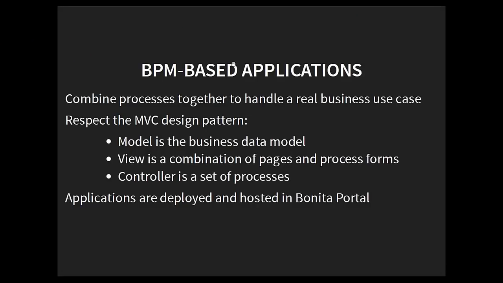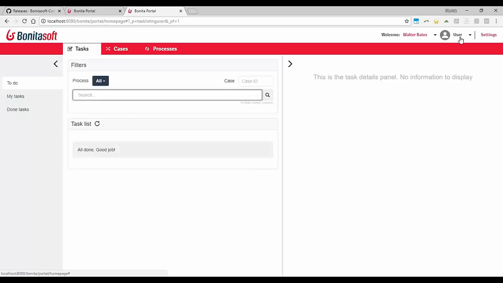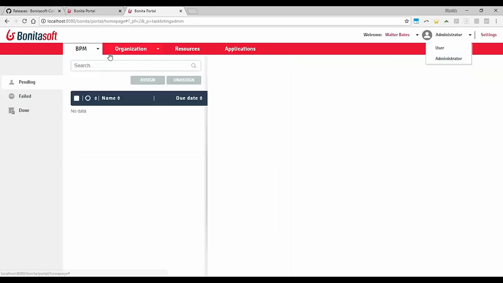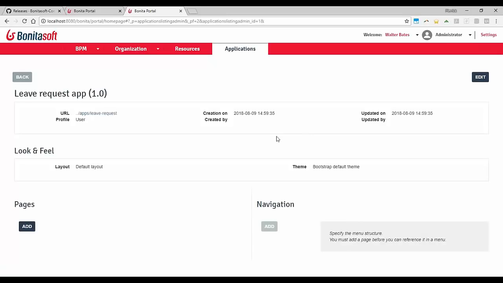If I come back to the Bonita portal, I will be able to show you how it could look. Let's say I'm a user that is an administrator, and in this tab I have all the applications. I just deployed the leave request one. If I go to edit here from the portal, I can also edit, but this is the same information that I have from the studio.